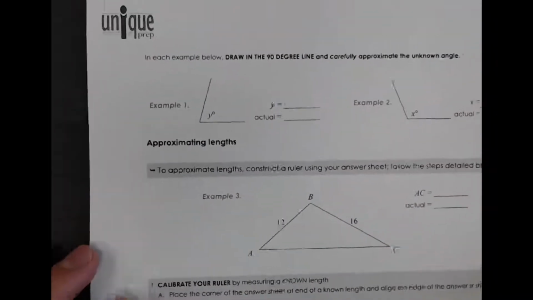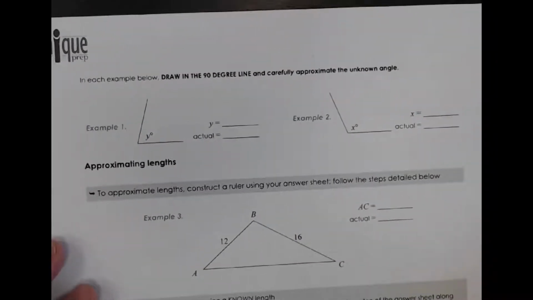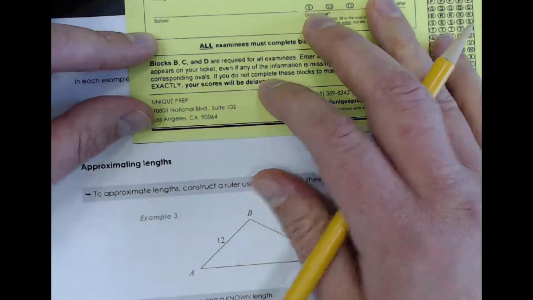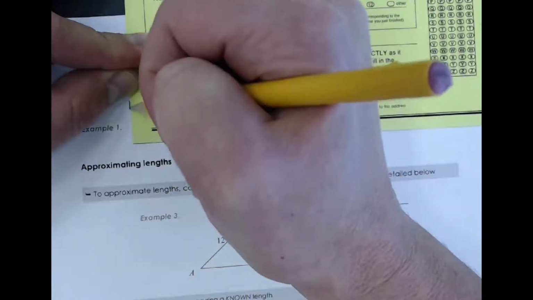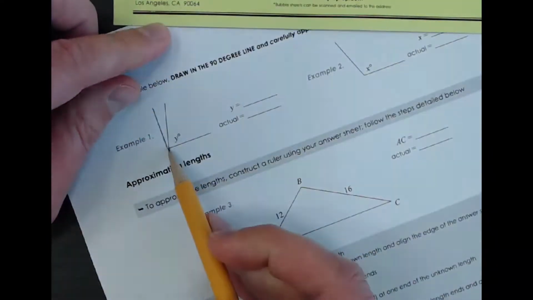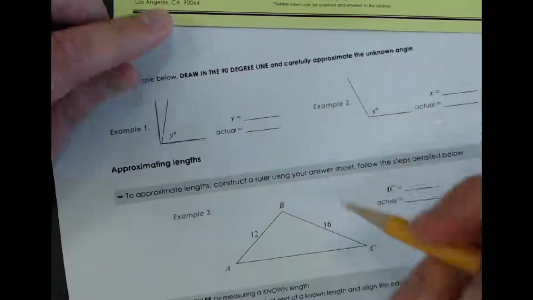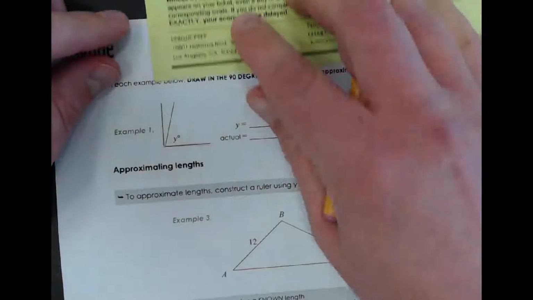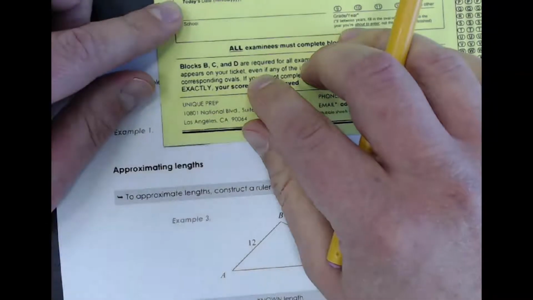Now, I'm going to go ahead and work through these, but if you want to pause the video and try them on your own, you can definitely do that. However, before you pause the video, you should know that when you are eyeballing or approximating angles, you should always give yourself the advantage of drawing in a 90-degree segment to whatever the base ray of your angle is. So we've got this base. What I'm going to do is draw in that 90-degree segment to that base using the corner